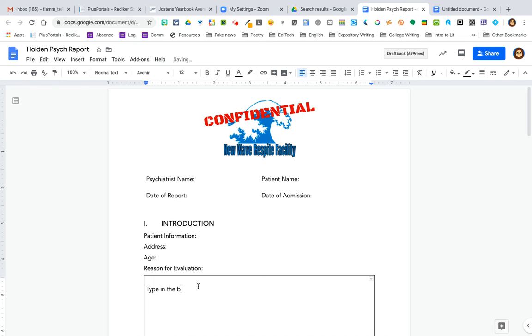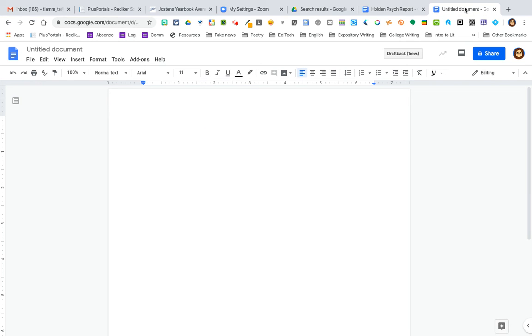And now I'm going to go into a blank document to show you how to set this up on your own. So here I am in a blank Google Doc, and I just want to show you a little bit about setting up a document for students to be filling in if they're filling something in digitally. So maybe you want to start with name and just leave it blank. Maybe you even want a question for the date, and again, you're just leaving it blank. But let's say you have a question